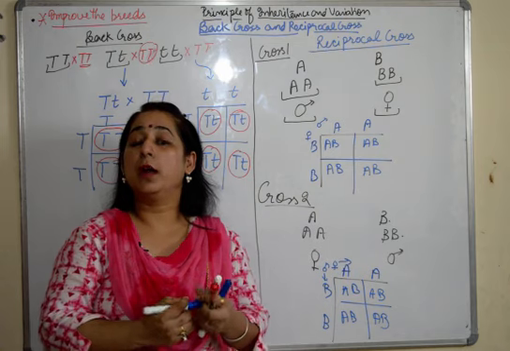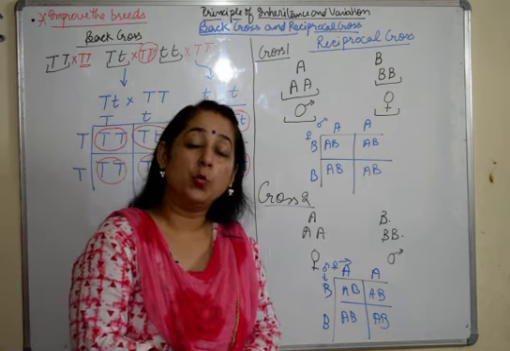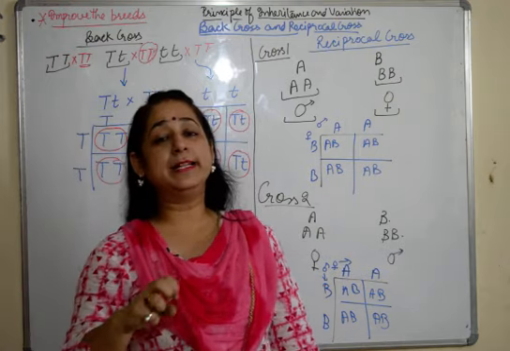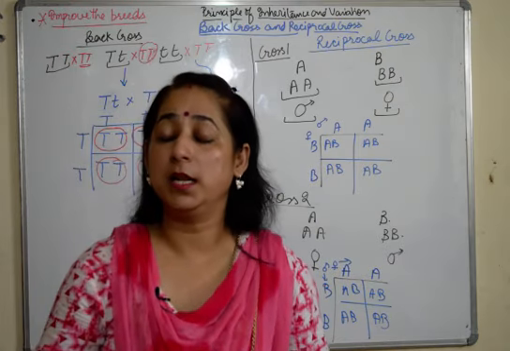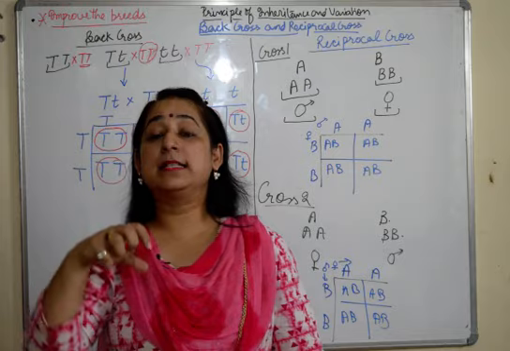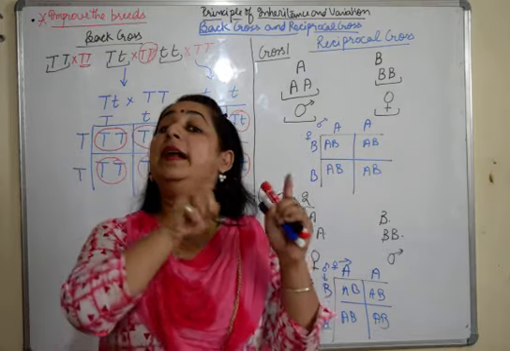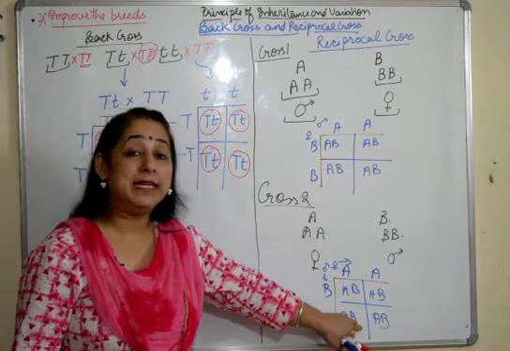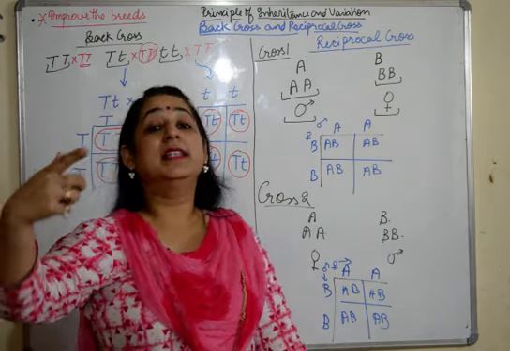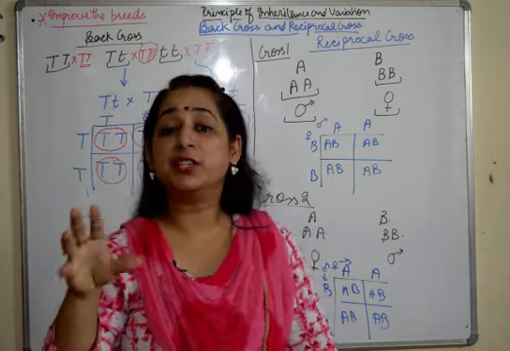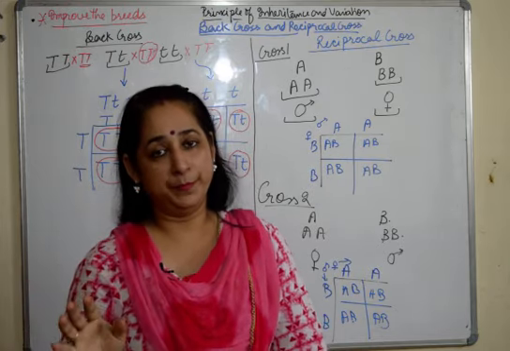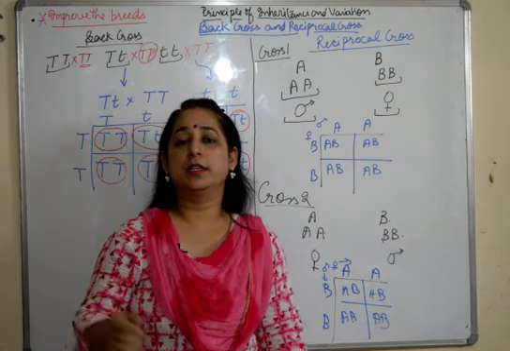So this was about the crosses. In our next video we'll talk about variations. We'll talk about incomplete dominance, codominance, multiple allelism, pleiotropy, which are certain variations from Mendel's law. Till here we have done what was said by Mendel, but now we will start looking at the different variations, where Mendel's crosses have failed. So we'll be talking about those scenarios in our next videos.